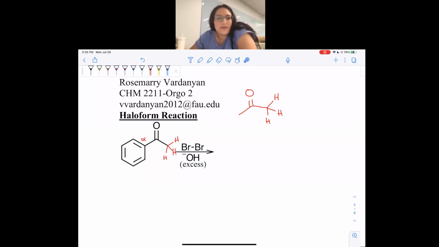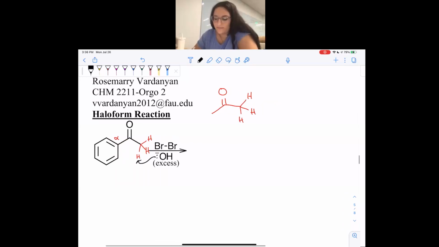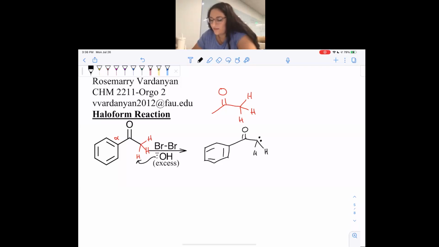All right, so the first couple steps are going to be exactly the same as the last ones that we did. The OH minus is going to steal that hydrogen. I can't draw benzenes to save my life. So we have two hydrogens left here, and we have a negative charge. So what did we form? What is the name of this molecule?